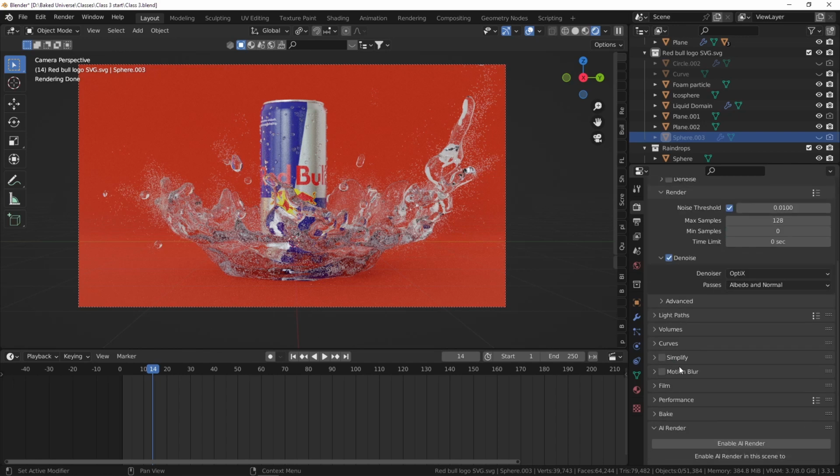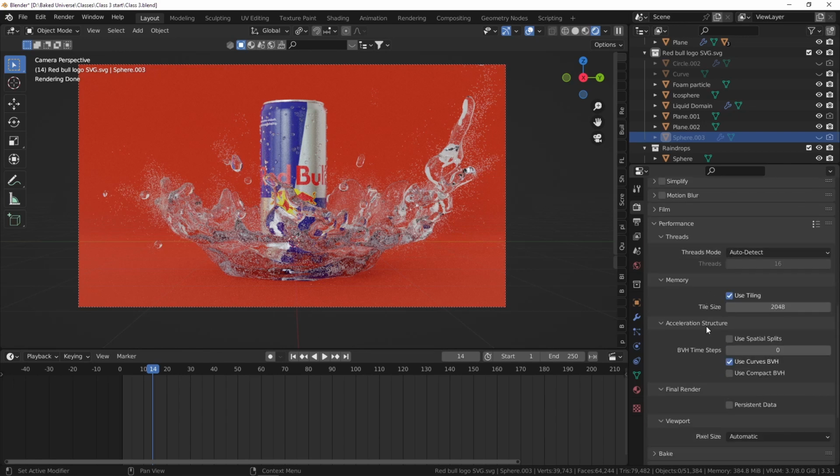Let's see. There's a performance setting that you can tweak. If you have a GPU, for example, you can use auto detect, and it will basically define in how many different steps you will render your scene. So my tile size is set quite high, which means that if I render out a scene that is, for example, 1920 by 1080, which is default HD, it will render it out in one go. If I decrease this to 512, for example, it will render it out in 4 different frames, and then combine your 4 different frames in one render. So that's just to speed up your render a little bit. So auto detect will usually set this on the right